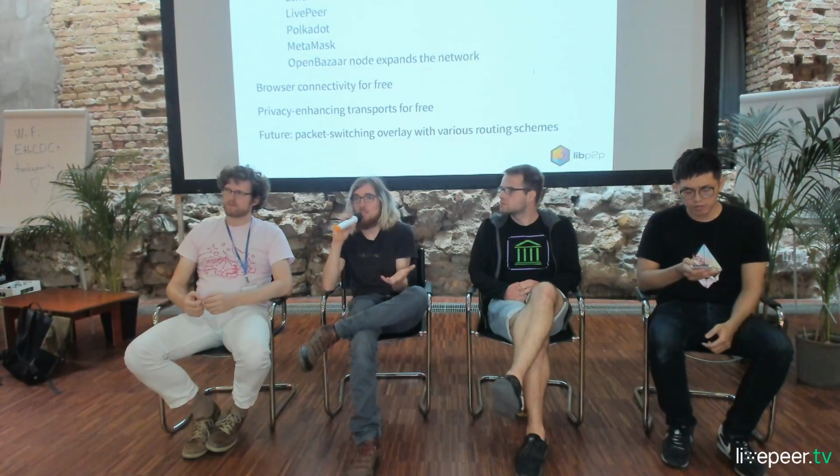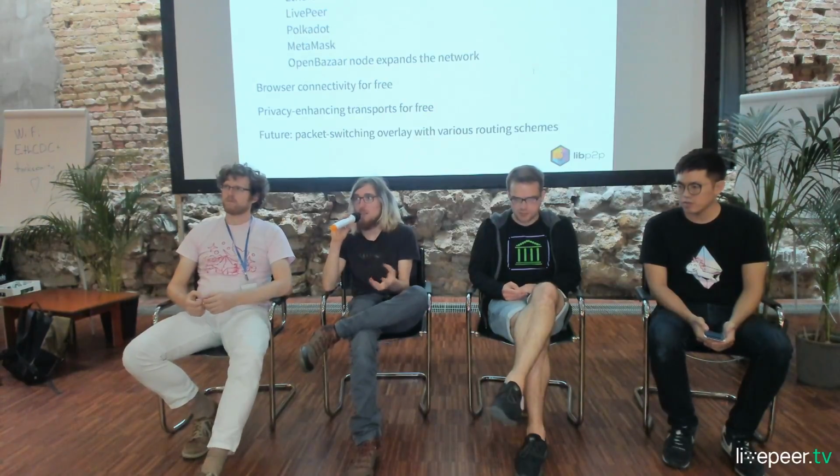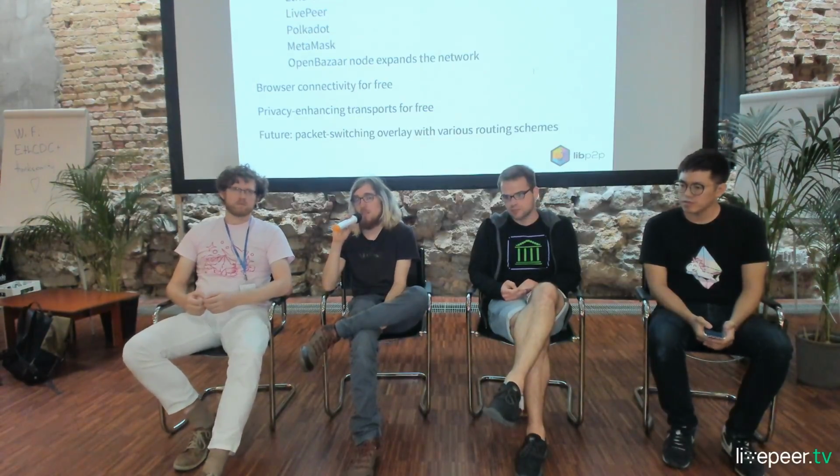That's the thing. When you're building a system like the sharding prototype, you always have to choose. You either choose some library, make your own protocol, or use one of the things that already exist and somehow adapt them. And I think libp2p right now is really the best choice because it's a very modular toolkit. You can pick all the different trade-offs you want. It gives you a lot of stuff for free. So I think it's the ideal candidate for the state that the project is in right now.